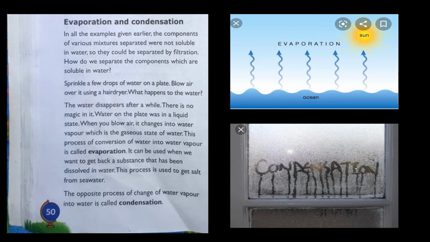Why does this happen? This happens because the outer air, the water mixed with the air, was present in its gaseous state, but whenever it comes in contact with the colder part of the bottle, because cold drinks are cold, it transfers its state from gaseous to liquid form, and you will see little drops coming from the sides.